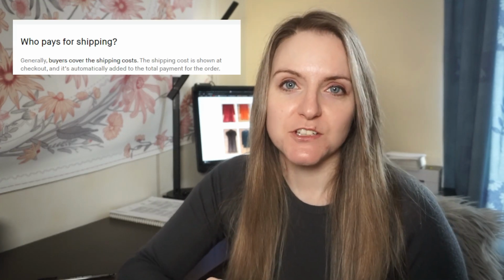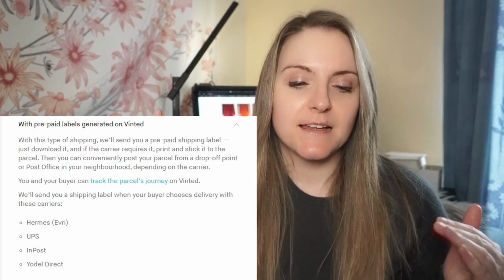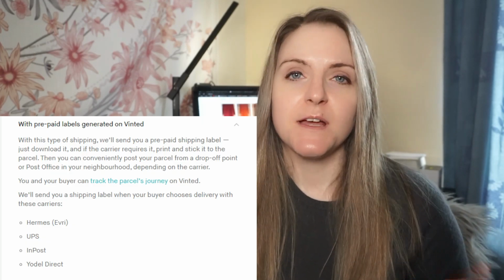So here's how it works with the fees and stuff. You list an item, which is really easy to do, and instead of the sellers paying a fee, the buyers pay a buyer protection fee as well as the postage cost. So as a seller, you literally list your item and then you get sent a postage label, and that's your job done. So there are a few different postage options, and when you list an item, it'll ask you at